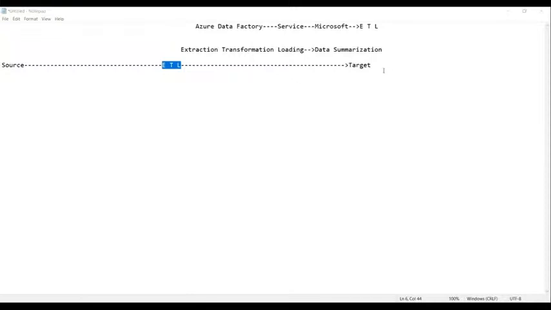Here, can you see source? What do you mean by source? Source is a starting point where we can find the information.